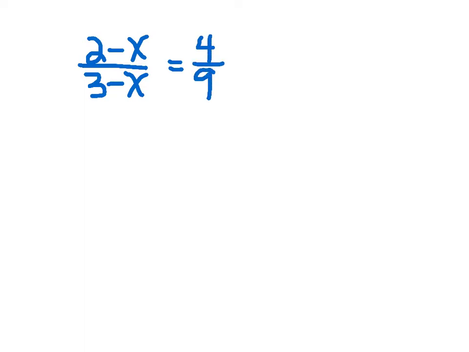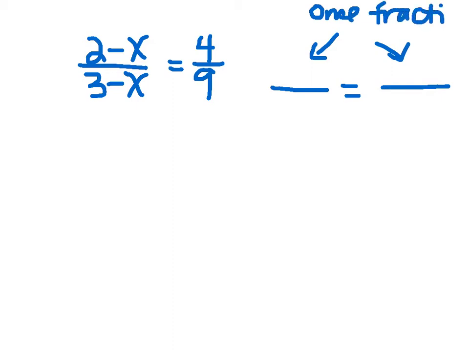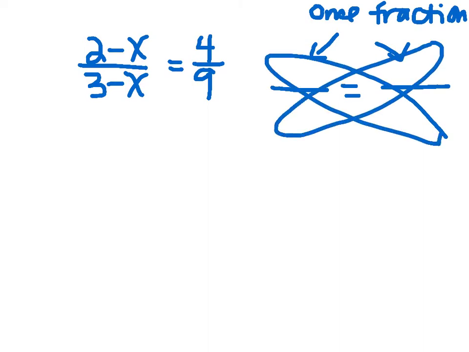Here I have 2 minus x over 3 minus x is equal to 4 over 9. And here's just a general thing that I want you to try to get in your heads. Anytime you have an equation in the form of one fraction equals another fraction, one fraction on either side, you want to cross multiply. It's the easiest thing to do. However, before we do that, and that is actually based on the whole idea of this fraction destroyer business, but before we do that, I have to say I've got a variable in the denominator, and because division by 0 is impossible,